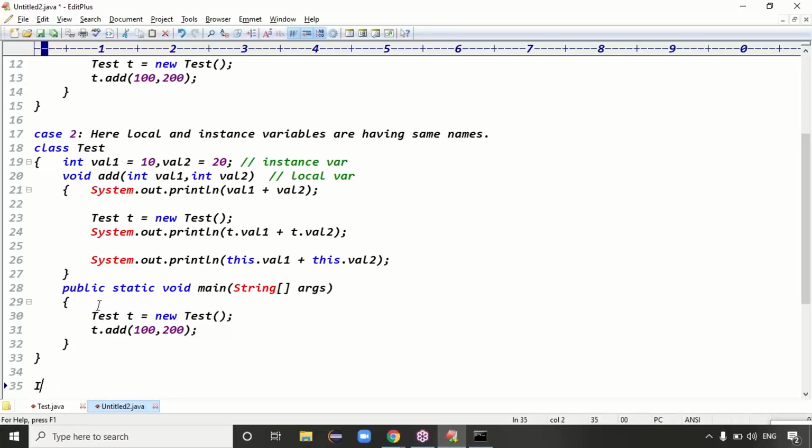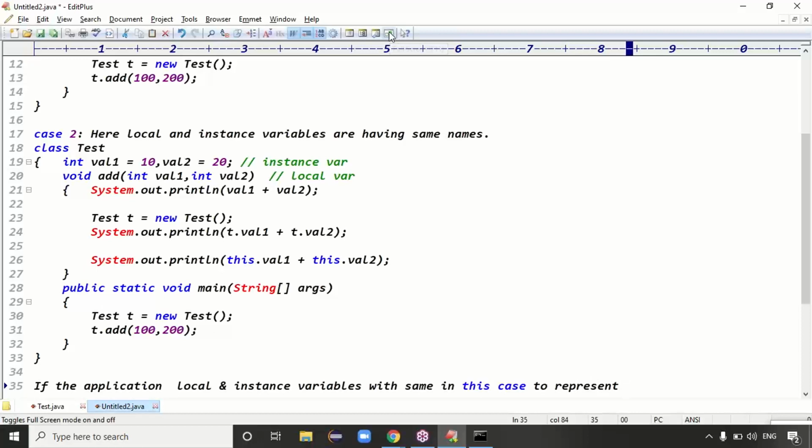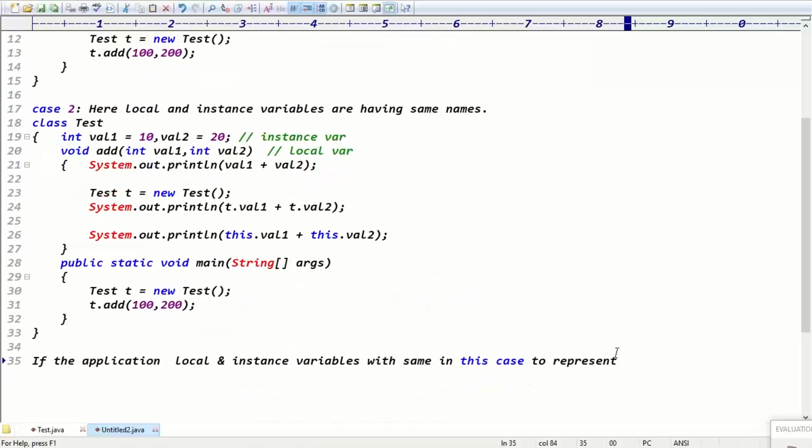If the application contains local and instance variables with the same name, in this case, to represent the instance data, use which concept, guys? To represent the instance data, use the object name, right?